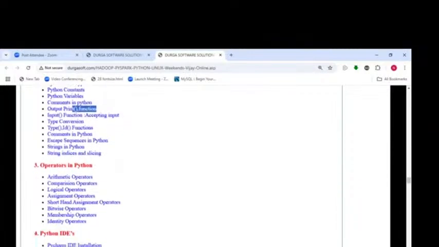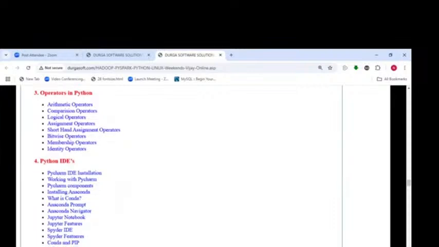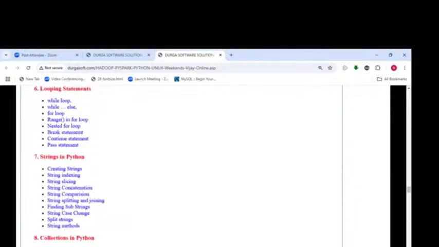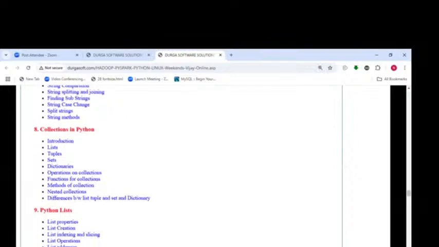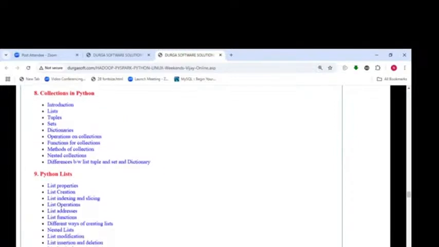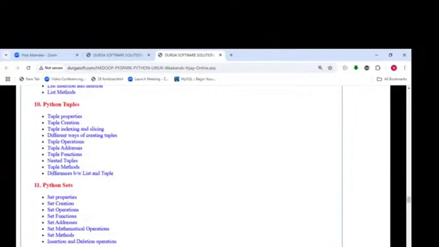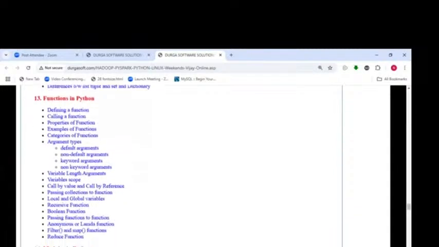And operators in Python, Python IDEs, Anaconda Prompt, Anaconda Navigator, Jupyter Notebook, Spyder, Eclipse, VS Code, flow control statements, looping statements, strings in Python, string indexing, string slicing, string functions, string methods, string special characters, collections, list, tuple, sets, dictionaries, Python lists, list operations, list indexing, list slicing, list functions, list methods, list addresses, tuples, sets, dictionaries, functions in Python,